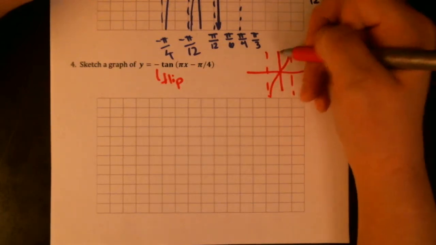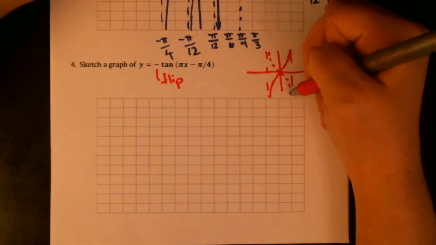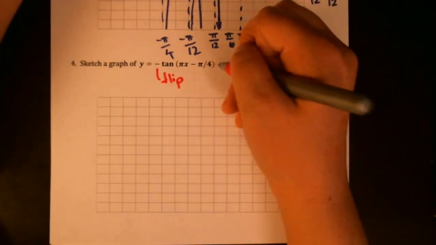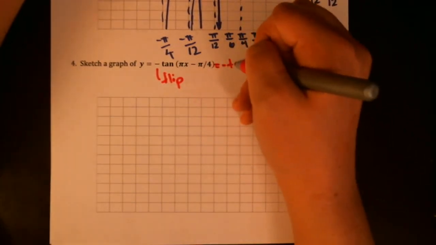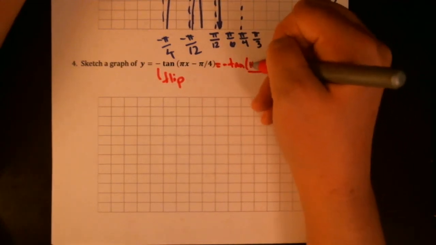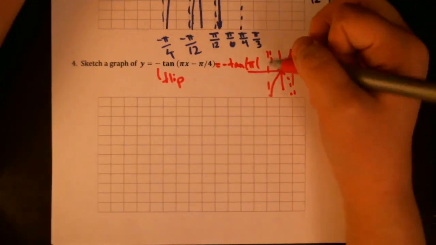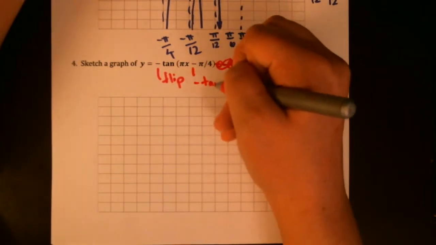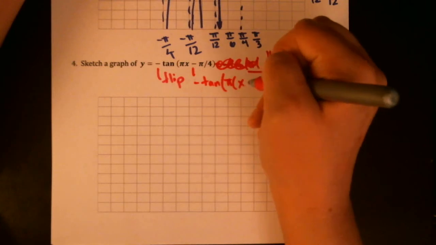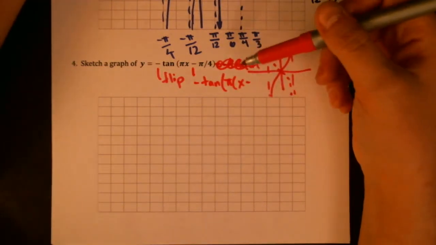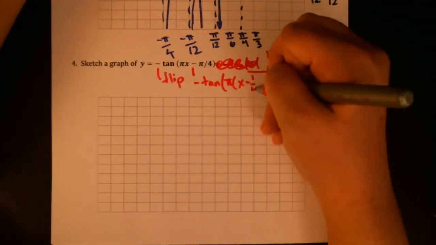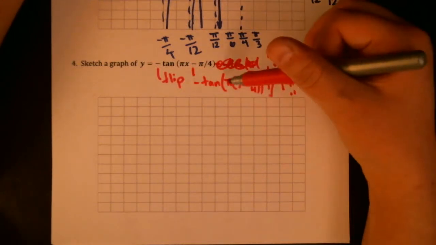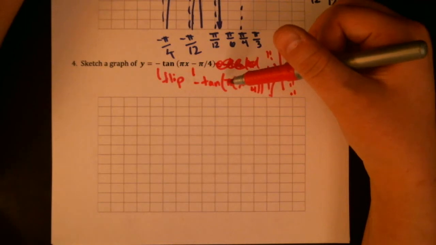And it's going to be flipped upside down. We also have, okay, let's do the factoring here. Now that I wrote it in my way, negative tangent of pi times x minus, okay, so if we factor out a pi, it's dividing it out. So it's going to be x minus 1/4, which means we have compression by pi, which is another one of